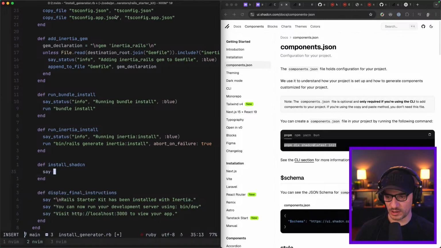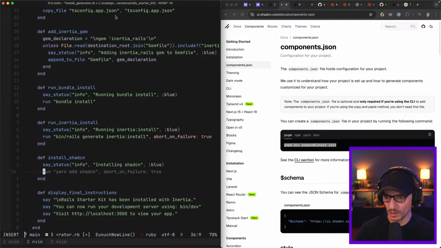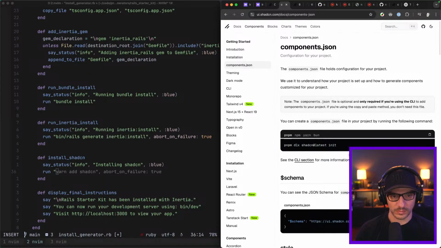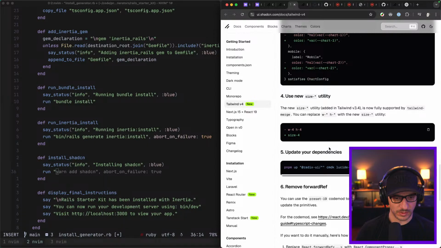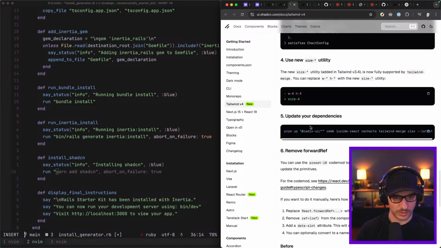So we're going to do say, yep, installing shadcn. So we're going to do run. This is going to initialize, but let's look at this Tailwind 4 runner. So we want a couple of things, right? We want